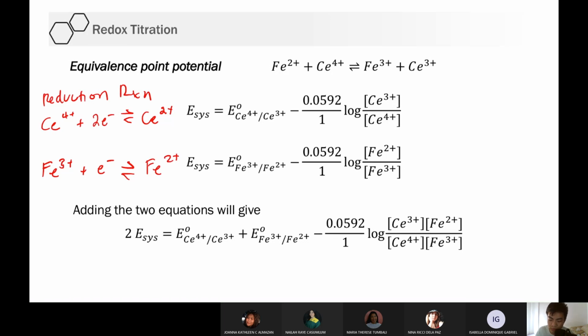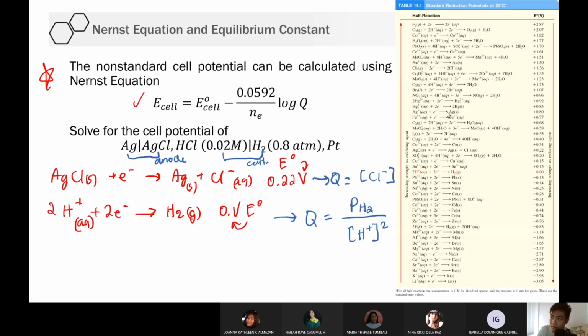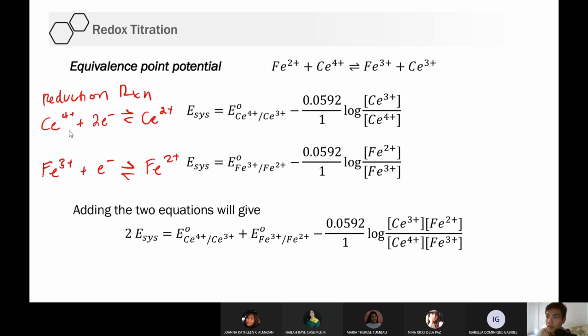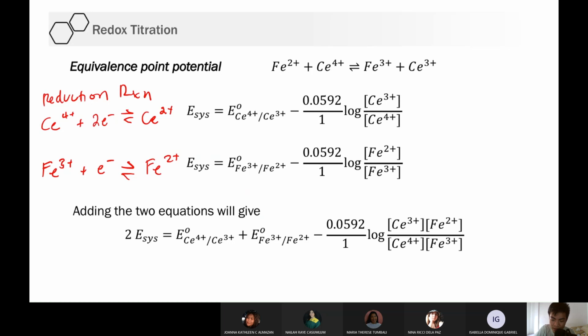Ito. Ayan, nandito sila. Ayan. Kulang pa yan actually. Magpo-provide ako ng mas kompletong table. Okay, so this is the reduction reactions. You write the Nernst equation following this one. Okay, so yan. 3 plus lang pala yun, sorry. So this should be 3 plus. Mali ako ng tingin. So 1 electron lang.